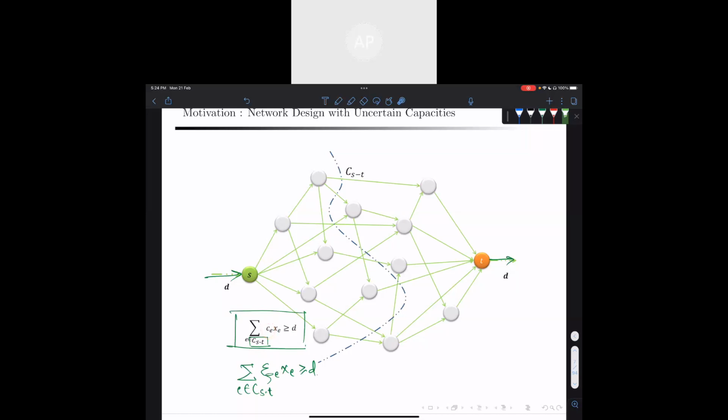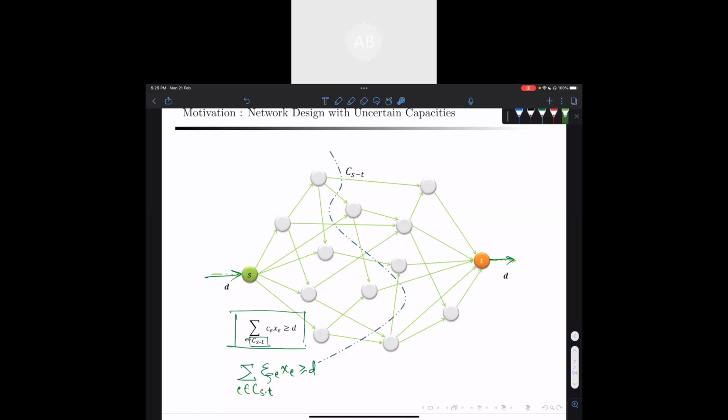here I assumed that my capacities were deterministic, right? But what if my capacities were actually not deterministic? They were stochastic. Then the set of solutions is not deterministic anymore. How do I optimize over it? If I were to write this constraint, where my parameters are coming from some underlying distribution or some uncertainty set, you cannot give me a vector x that is guaranteed to satisfy this constraint for all possible realizations of psi,